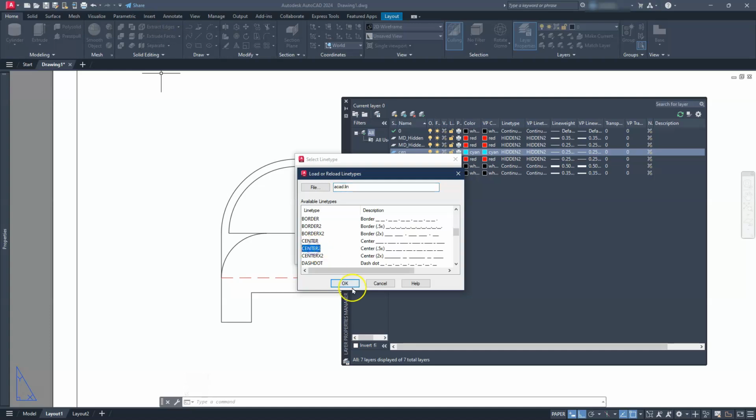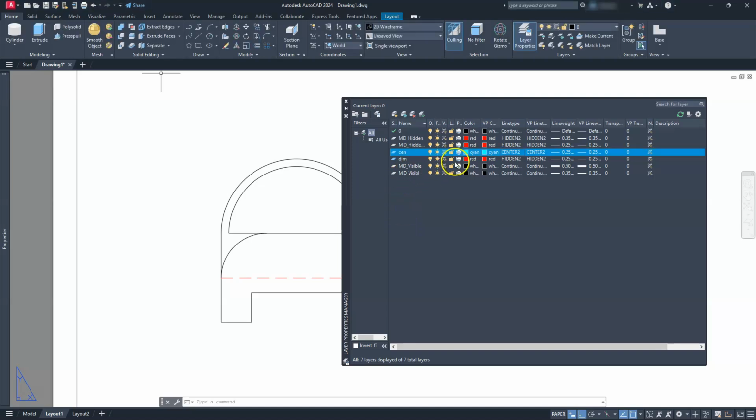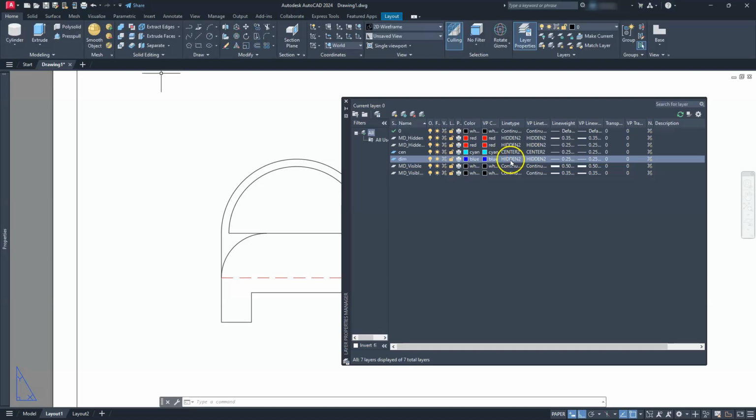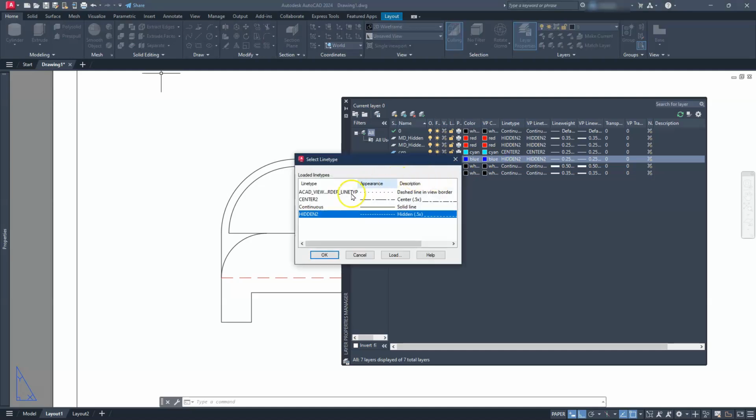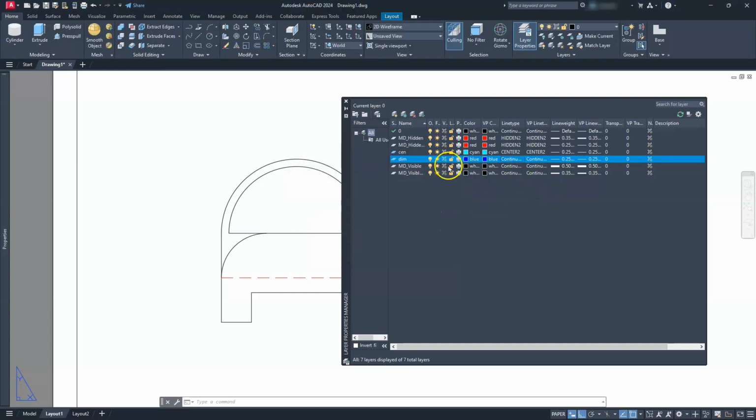I'll choose center 2, hit OK, and then select center 2 again, hit OK. And then underneath my dimensions, let's make them blue. So that's color number 5. And then we just need to tell it that the line type for this is a continuous line. Alright, so we have our center line created, our dimension line created, and our hidden lines are automatically changed in